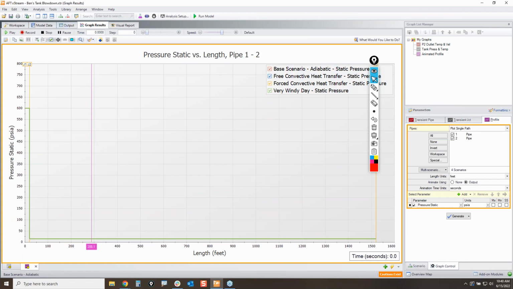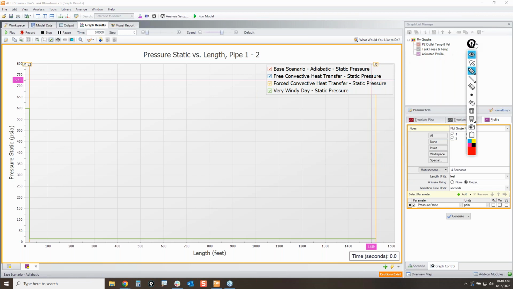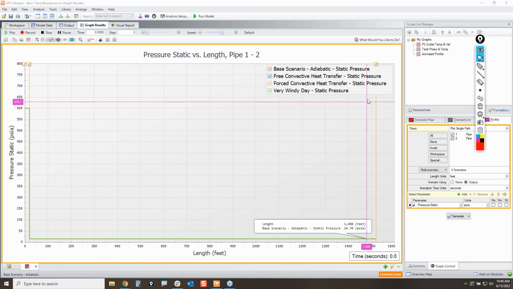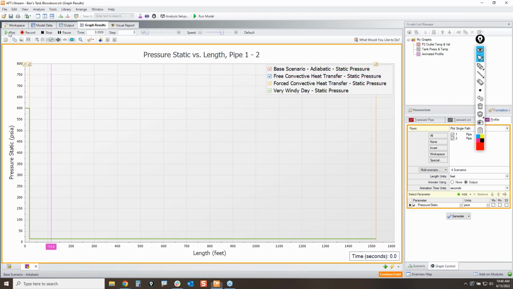All right, so this is our tank right here, J1. Then we have our valve, and then we have the atmosphere right over here. So what we're plotting is the entire flow path, and we're going to animate the results when we press the play button. So if I just click on play,